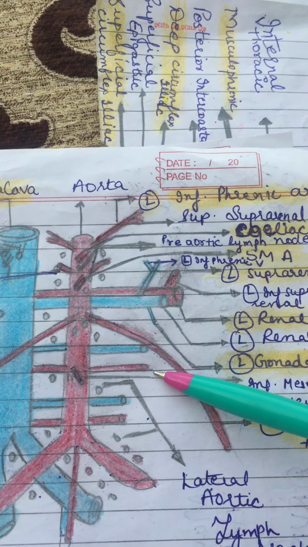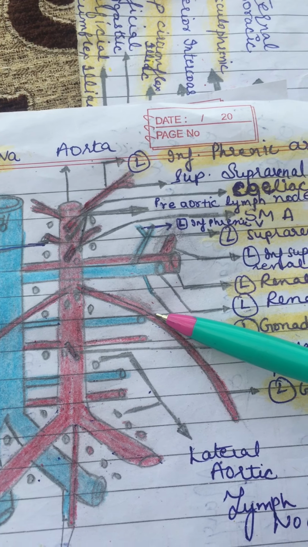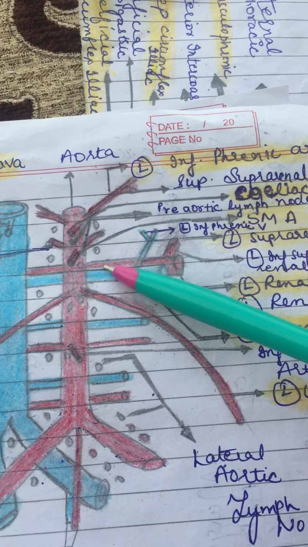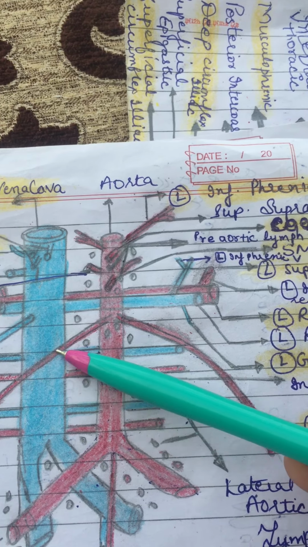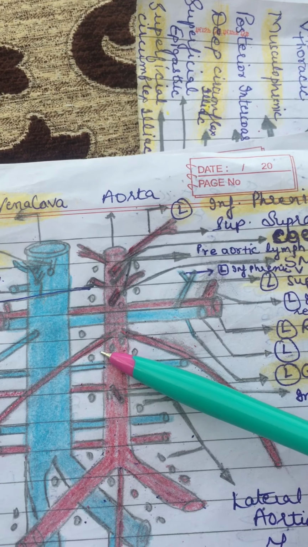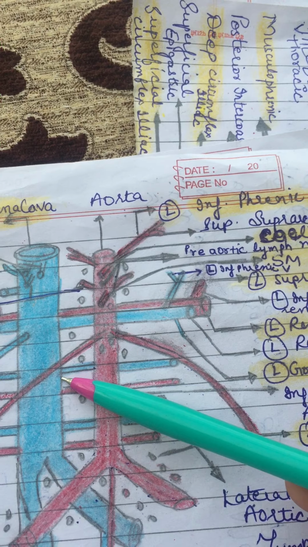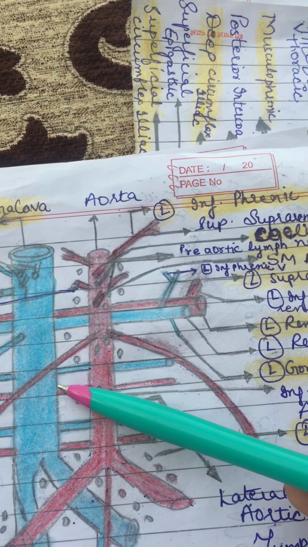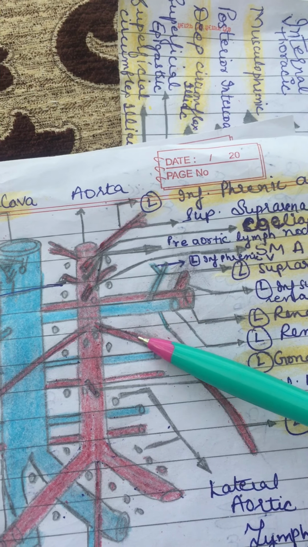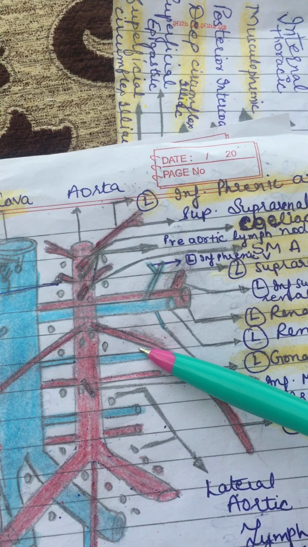Now the gonadal arteries. Gonadal arteries are small and arise in front of the aorta, a little below the origin of the renal arteries. On the right side, the artery crosses in front of the inferior vena cava, the ureter, and the genitofemoral nerve. It passes deep to the ileum. On the left side, the artery crosses in front of the ureter and the genitofemoral nerve and passes deep to